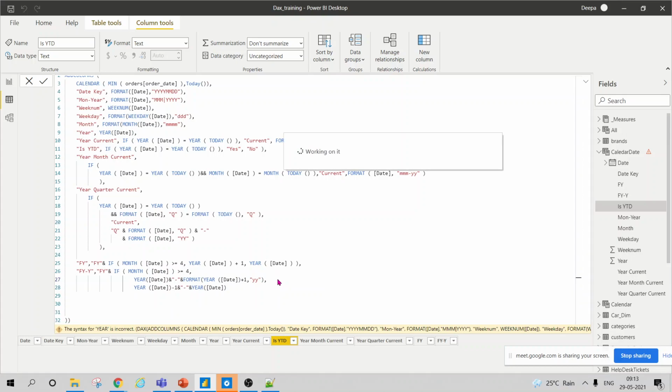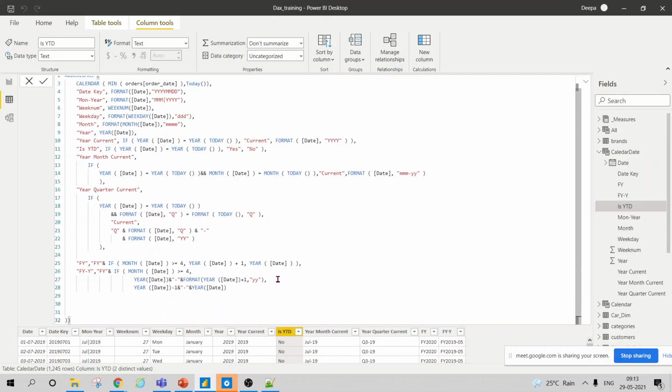Okay. 2019-05. So it's not taking the right value. Okay, leave it.